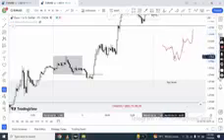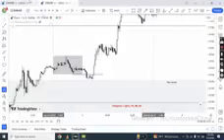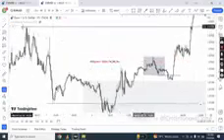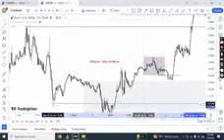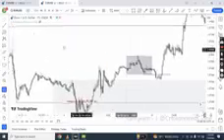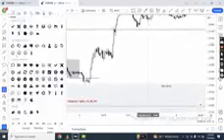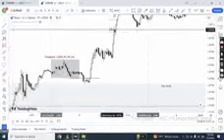Because we already determined our drawn liquidity on the higher time frame, on the 4-hour and on the daily time frame, and we have a clear direction, right, towards which the price is drawn to, and that is the Monday CRT high on the higher time frame. So based on the higher time frame analysis that we did before, we already know what our higher time frame drawn liquidity is, which gave us a bias, which gave us a level that we can look at as our draw for price,